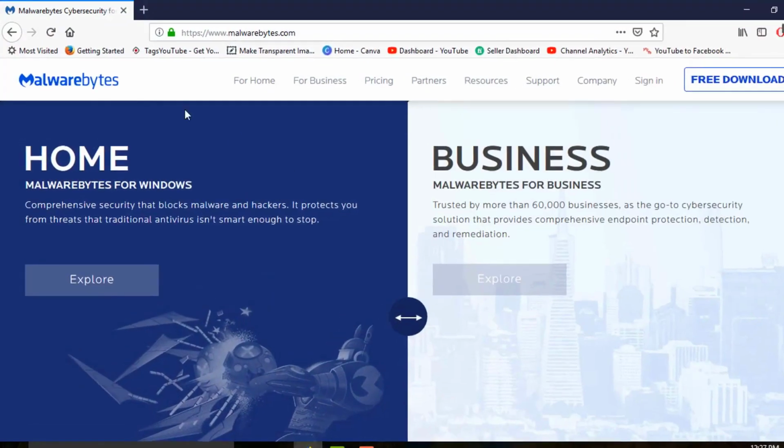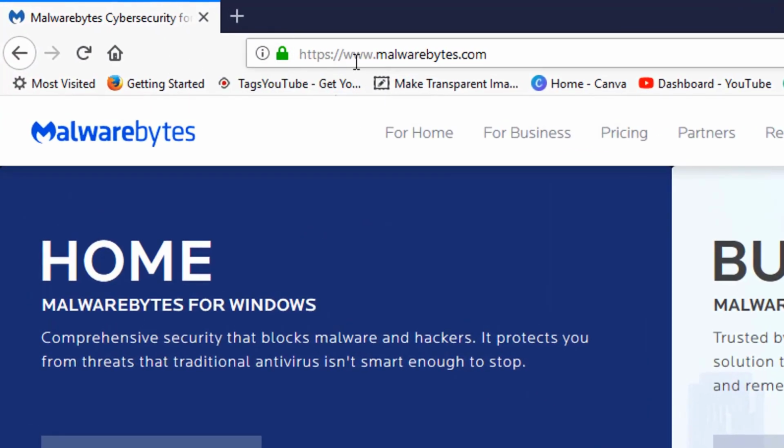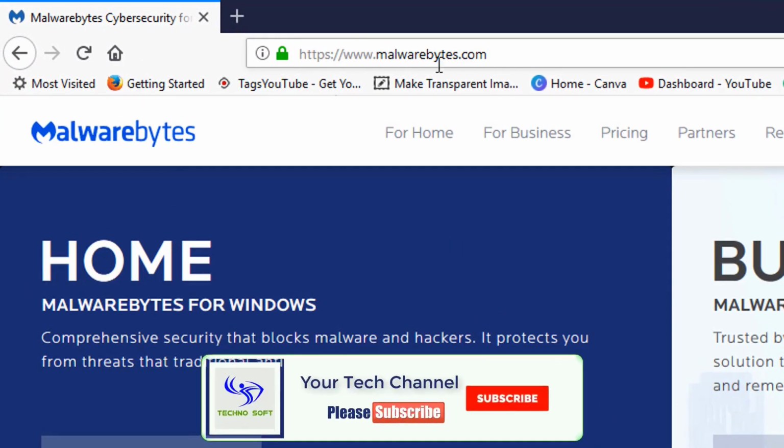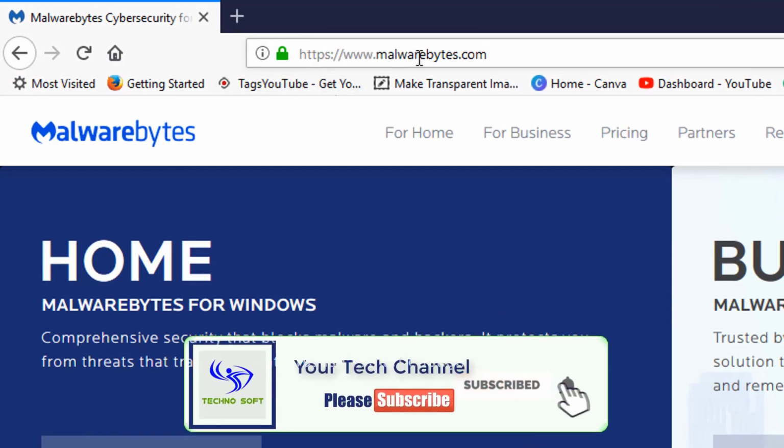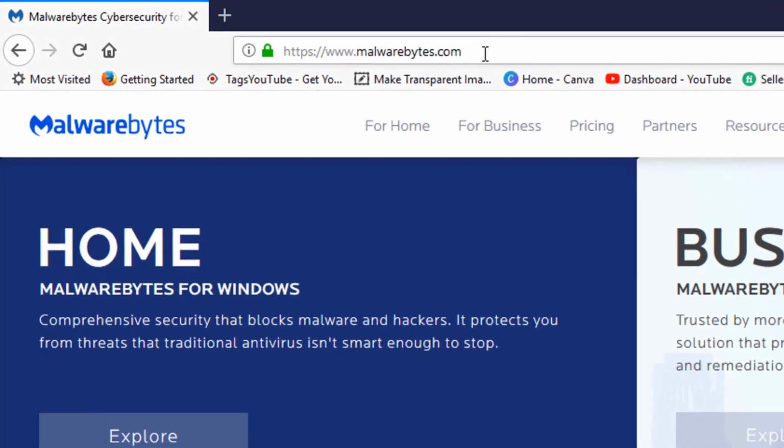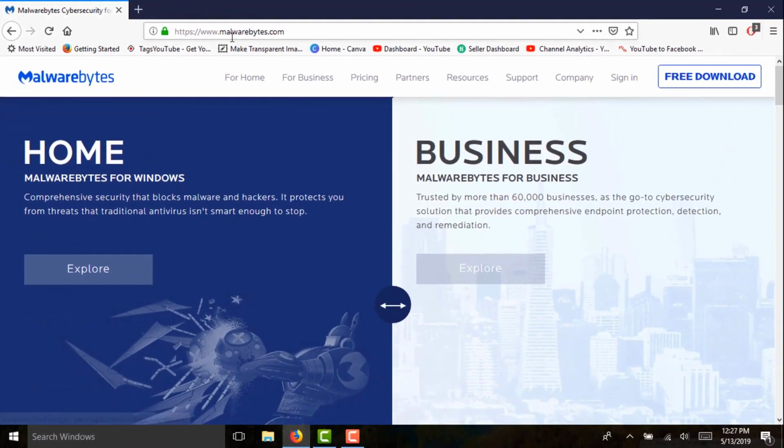First of all, you need to go to your browser, and this is the official website from where you can get this software. Malwarebytes is cybersecurity software. This Malwarebytes cybersecurity is a freeware program. Whether you are using Windows, Mac, Linux, iOS or Android, it is compatible with all platforms. So this is the link for the free download. You simply click on free download and install it. I have already downloaded and installed this software, and I have just shown you the demo for that.